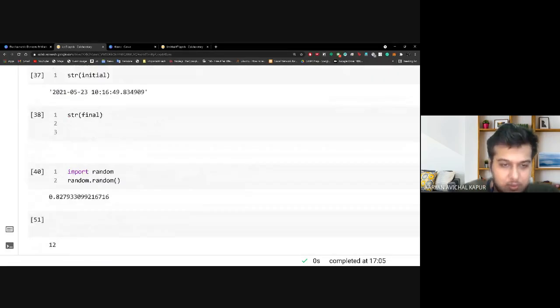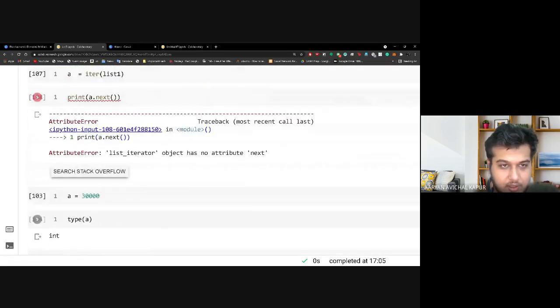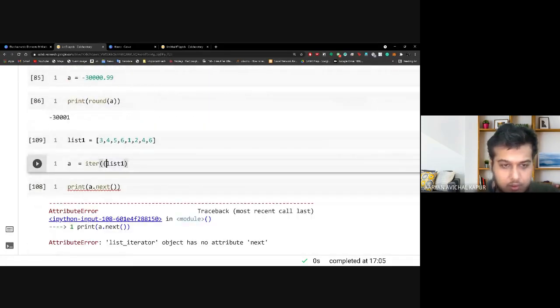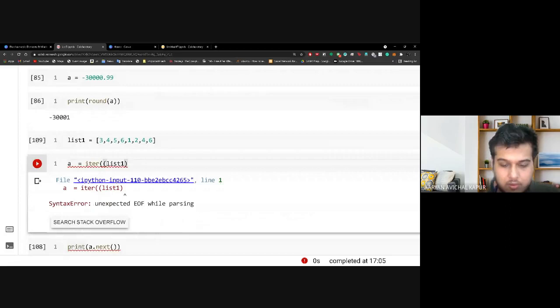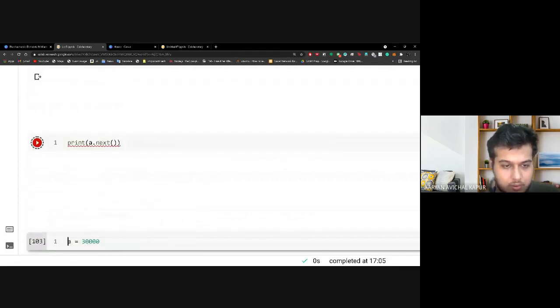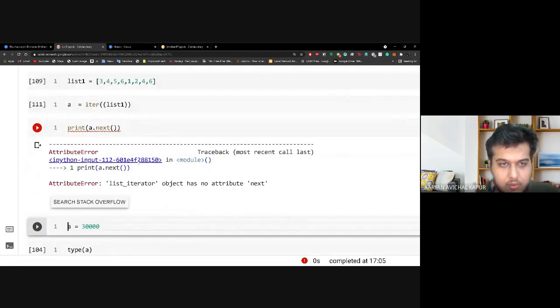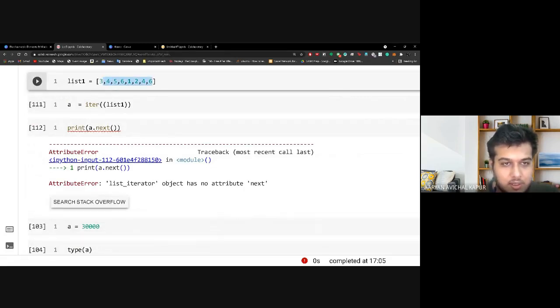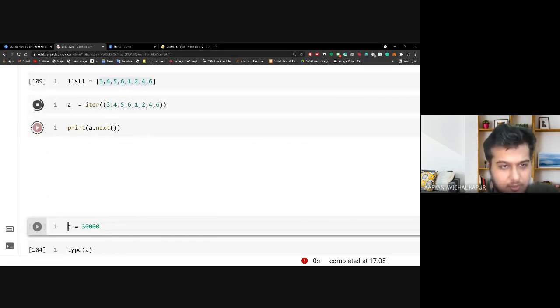Oh, no bracket. I have no idea what is happening. Just a second. We'll try with this. I think we need to convert to a tuple first.